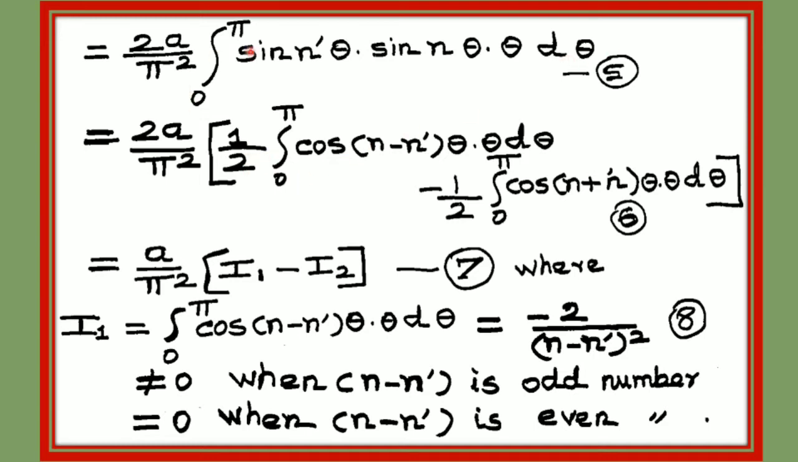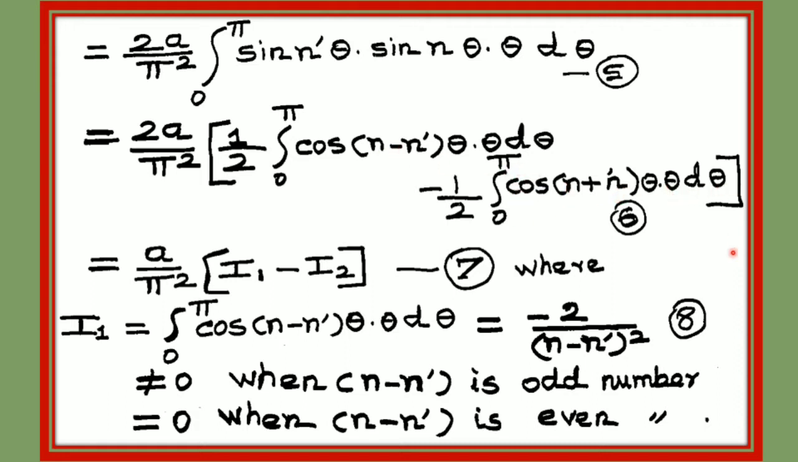வந்து இது அப்படி 2a by pi square எடுத்து 1 by 2 integral cos (n minus n prime) theta into theta d theta minus அதே 1 by 2 தான் integral 0 to pi cos (n plus n prime) theta